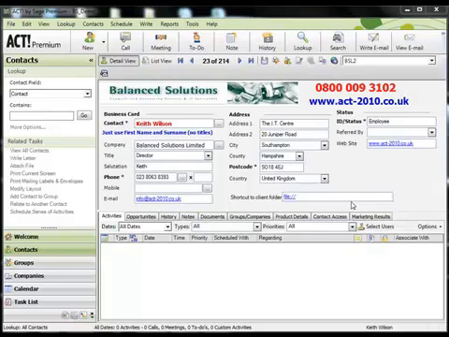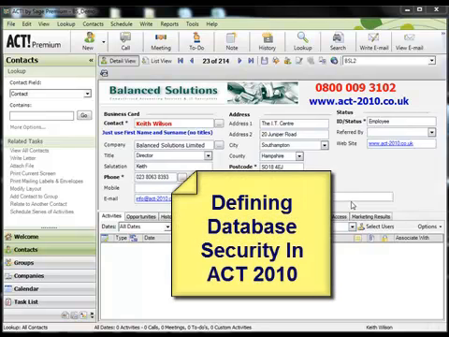Now today I want to focus on an aspect of ACT that in my experience very few businesses pay too much attention to, and that is database security. Maybe you're guilty of it too. Well, let me reassure you. By the end of this tutorial, you'll hopefully have a much better understanding about the security roles available in ACT,